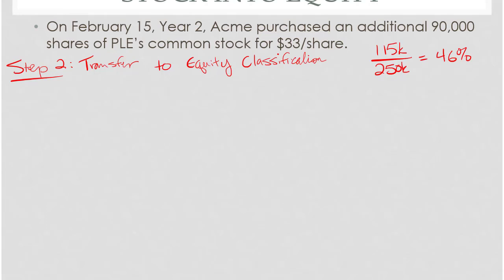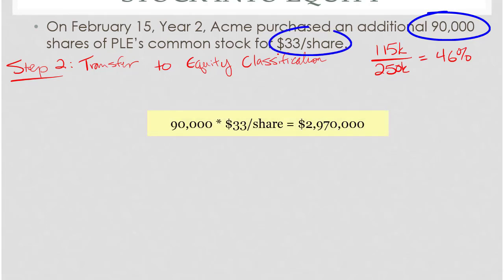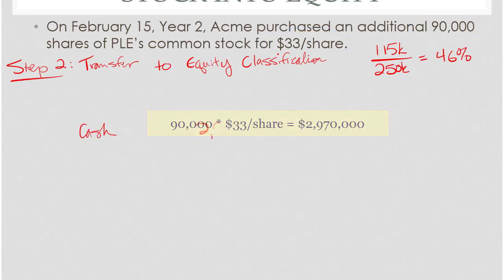And there are two parts to this. First, I have to record the purchase of these 90,000 shares. 90,000 shares times $33 a share is almost $3 million, $2.97 million. So I'm going to credit cash for $2,970,000, and I'm going to debit the new equity investment account. We'll call it investment